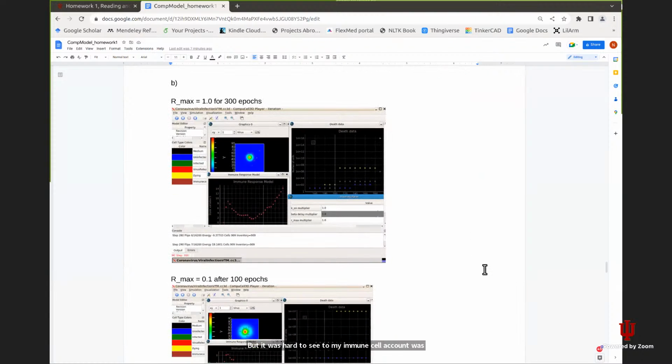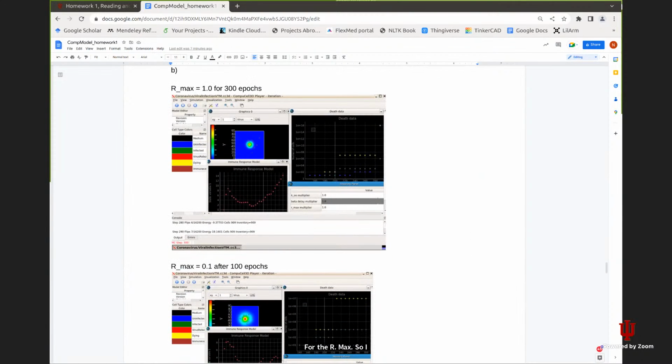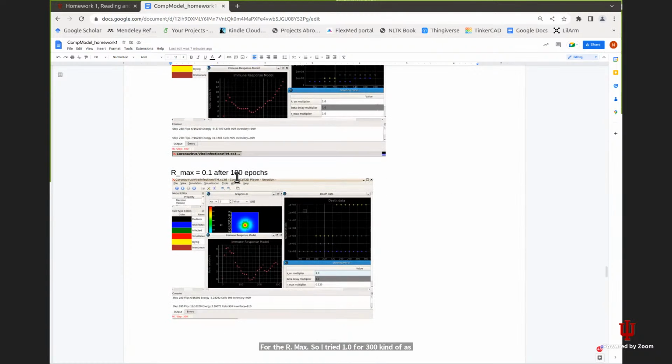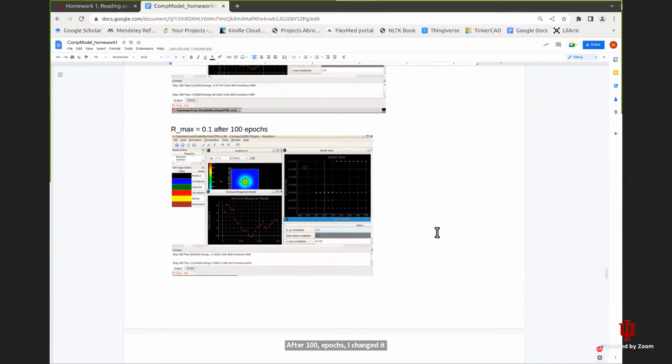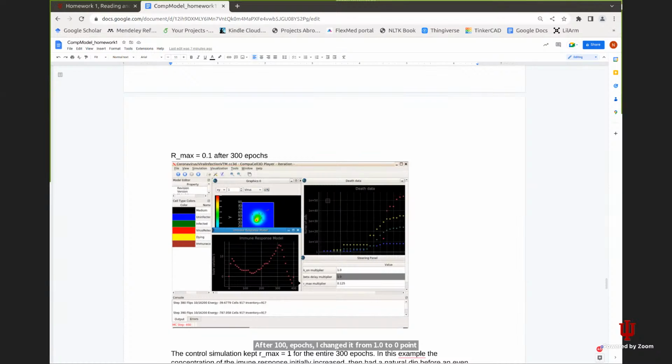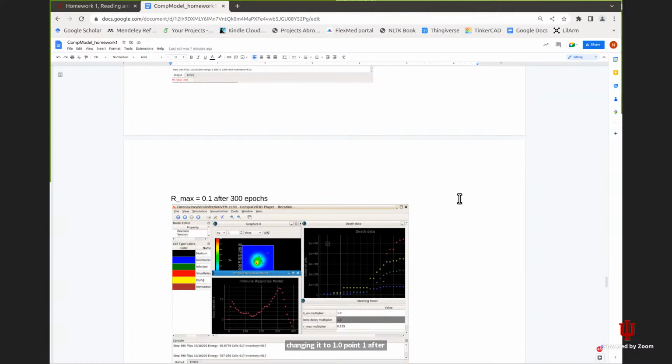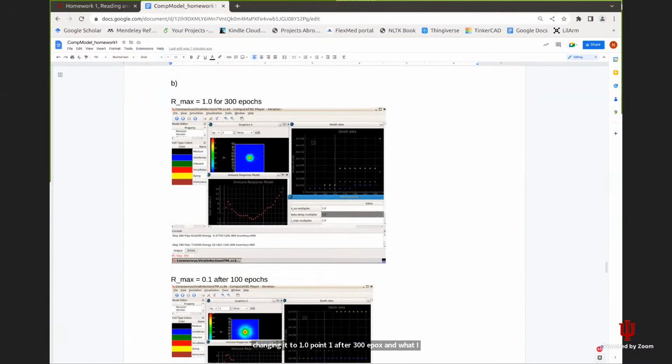For the R max, I tried 1.0 for 300 as a control. Then after 100 epochs, I changed it from 1.0 to 0.1, and I did one other where I ran it at 1.0, changing it to 0.1 after 300 epochs. What I saw that was really interesting was that in my control simulation, I started with an increase, and then there was a decrease in the immune response that eventually led to a larger increase as the infection started